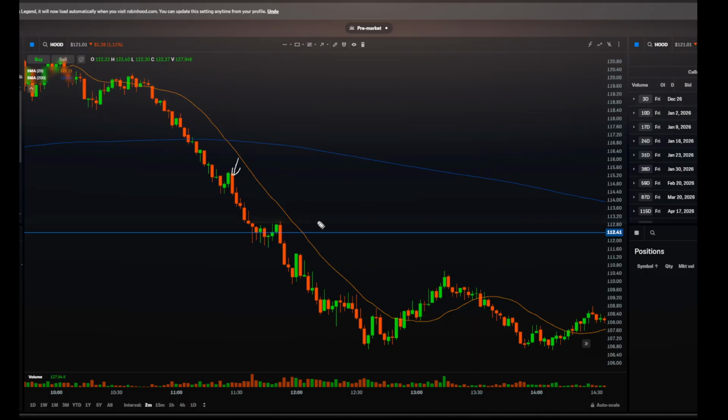This is just a couple examples of taking some profit at the 3 bars, and then the levels as well. As you can see here, once you broke above the 20, this is where you would get out if you were to fully enter and try to get everything you can from this trade. That would be it right there. But I don't want this video to be too long. I just wanted to show you a couple examples of how I would take some profit if I was in the trades,